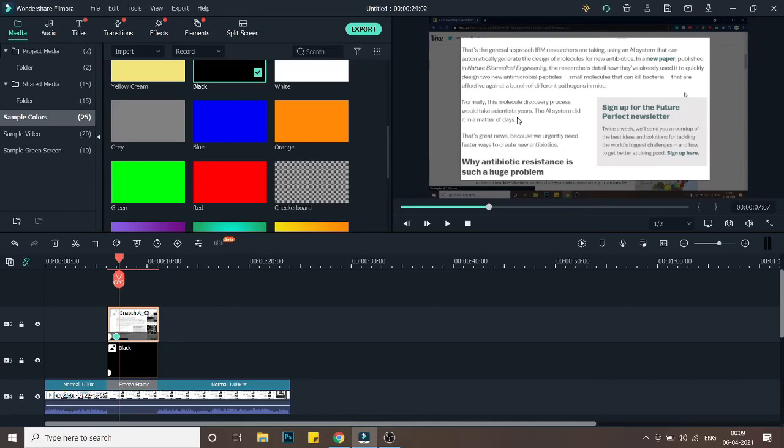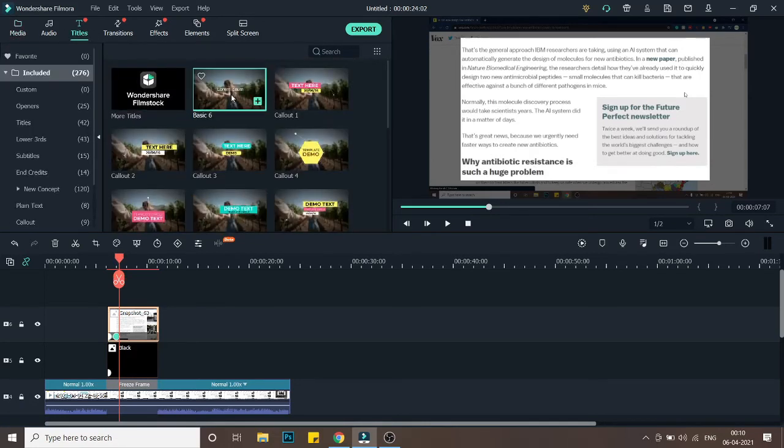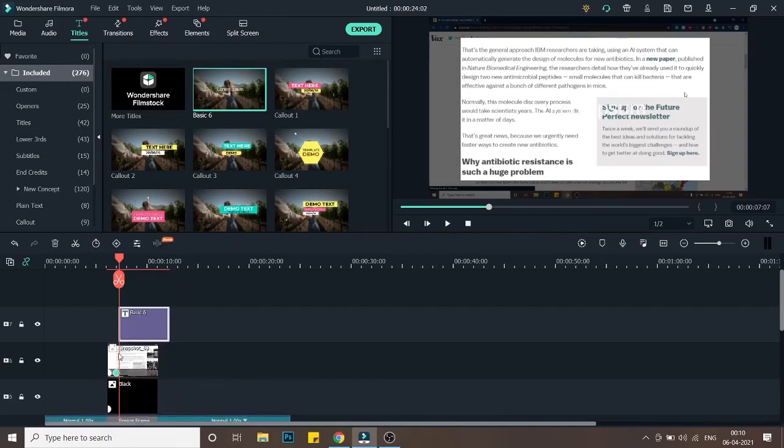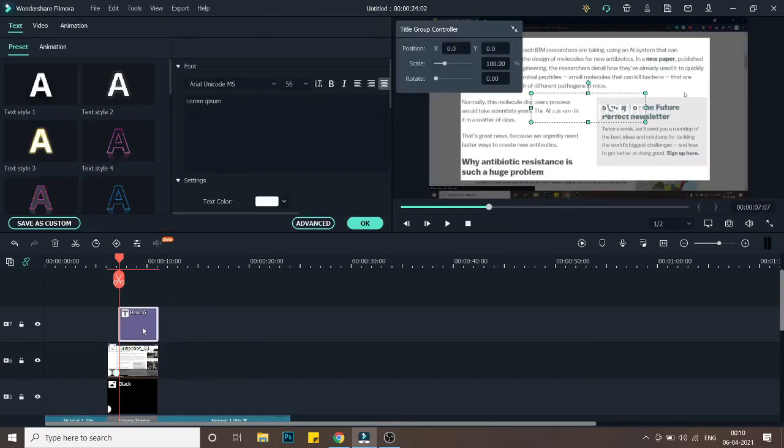Now what we'll do from here on, after this is zoomed in, we want the highlighting of the text to begin. So what we'll do, again we'll go into the titles. Here we will take a basic title and we'll add this after the animation has ended. As you can see, this is the keyframe over here, and after this keyframe ends, I will add this text, and then I will double click on it and delete all the text from it, and then go into the